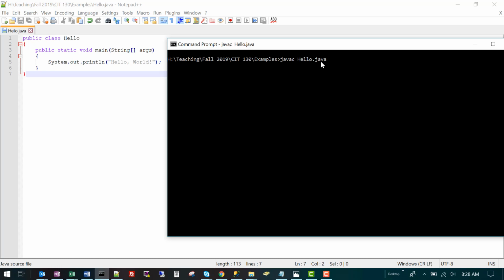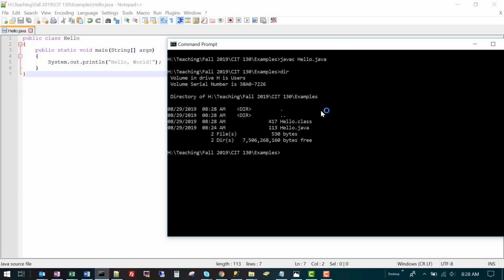When we hit return, we'll see that it pauses for a minute while it does the compilation, and then the prompt comes back. If you receive no messages between the two prompts when compiling, that means that the file compiled successfully. If I do a dir or directory command, you'll see that there's both the original source code hello.java file,